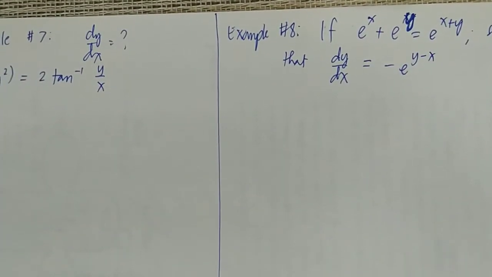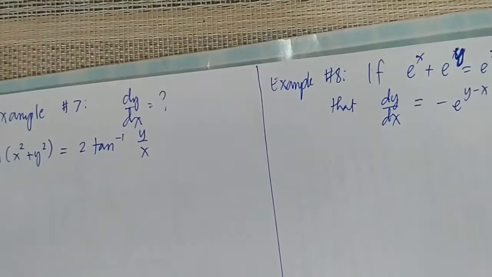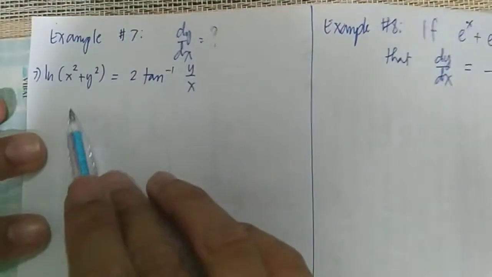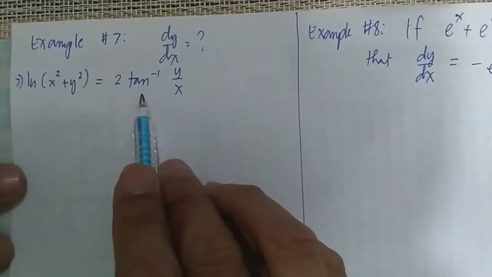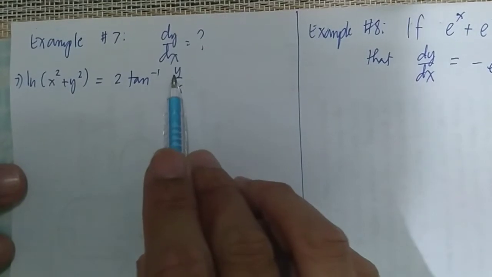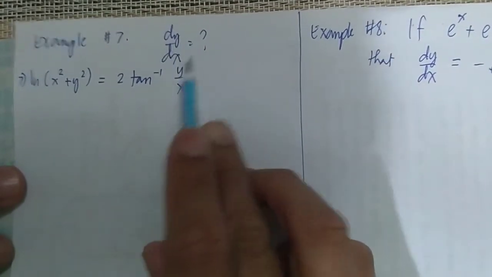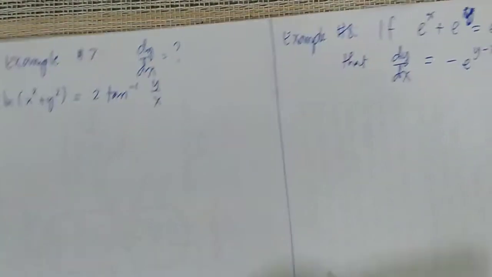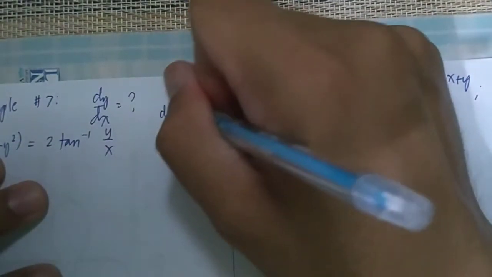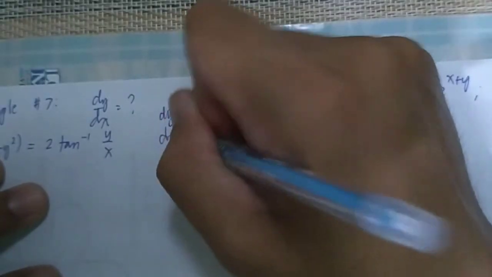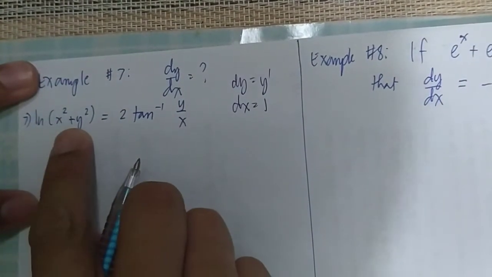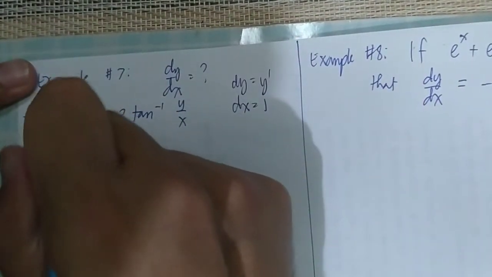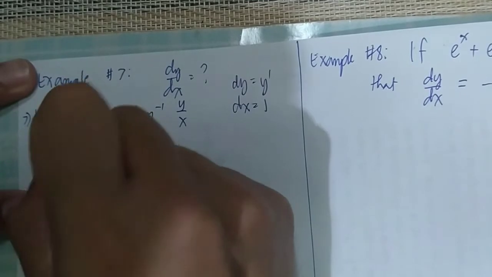Okay, we have here our last two examples. So, I have ln of x squared plus y squared is equal to 2 inverse tangent of y over x. Find dy/dx. So, again, the derivative of y is y prime. The derivative of x is equal to 1. So, the derivative of ln is the derivative of x squared plus y squared